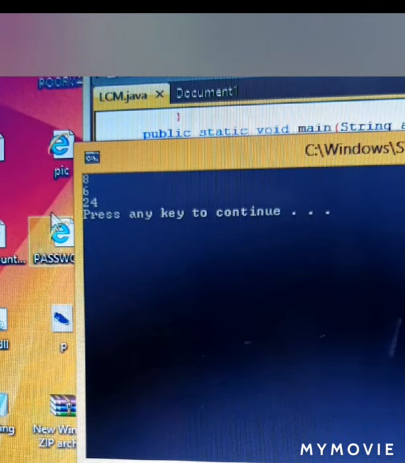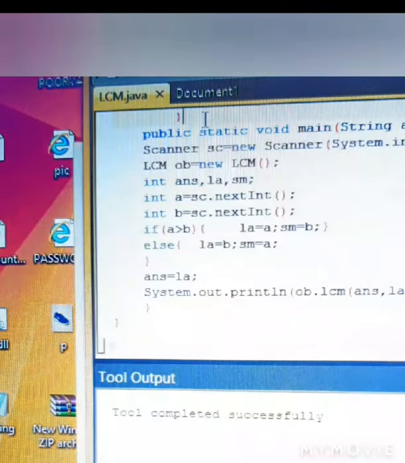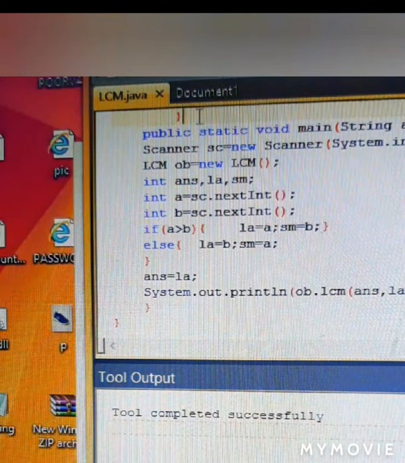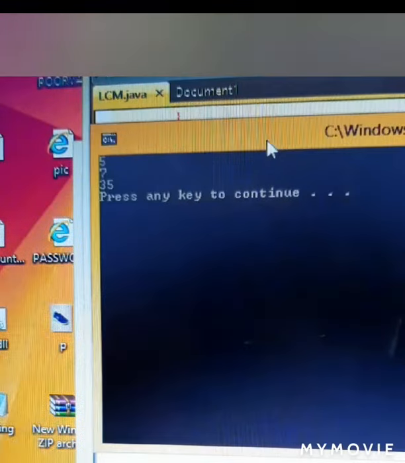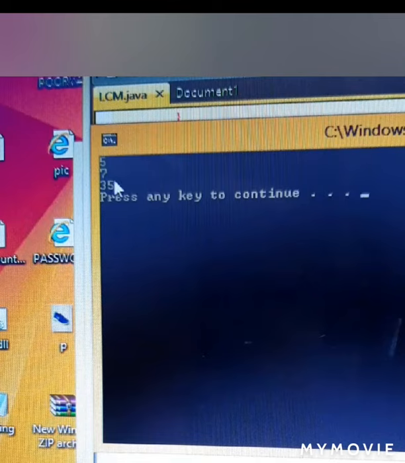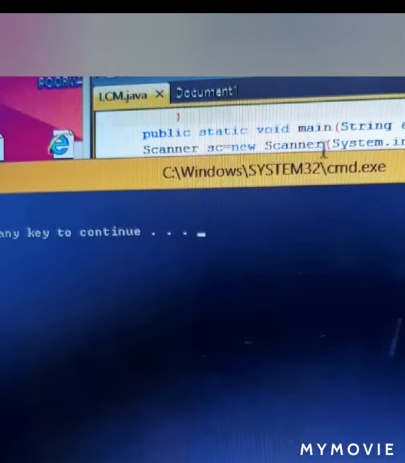So I gave 8 and 6 and I got 24 as the answer. If I again run this program and give 5 and 7, I get 35 as the LCM, which you can see over here. So this is the recursive function for LCM.